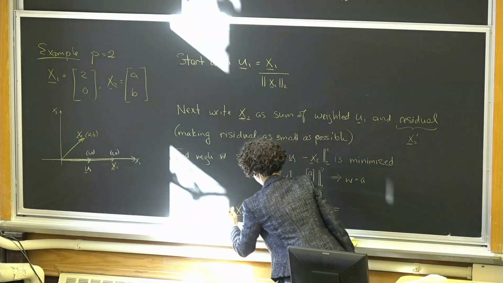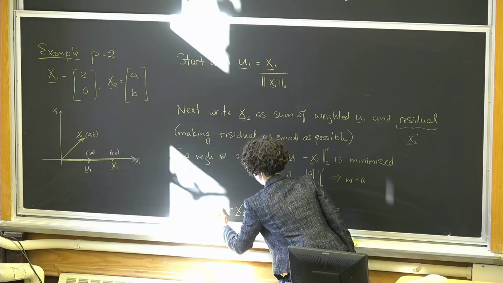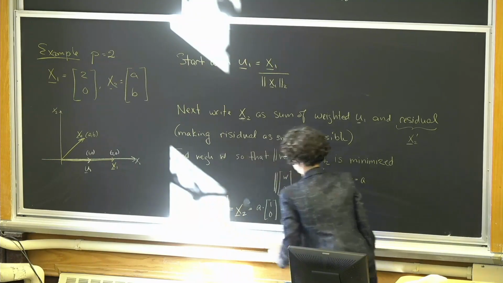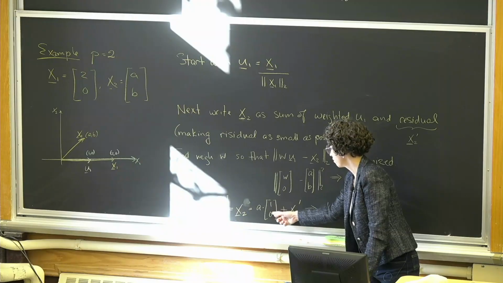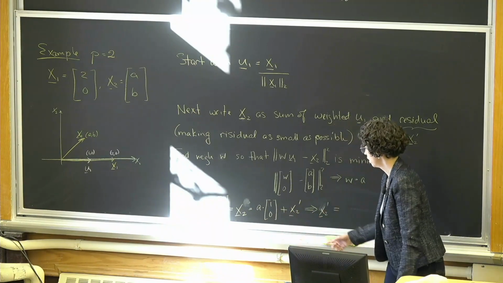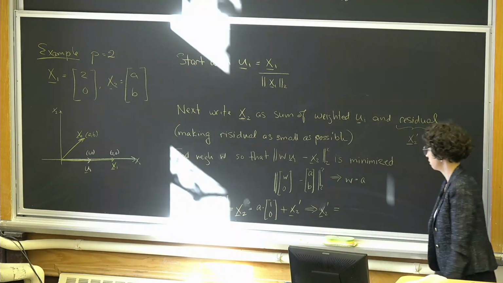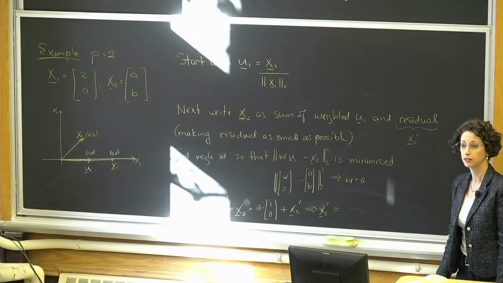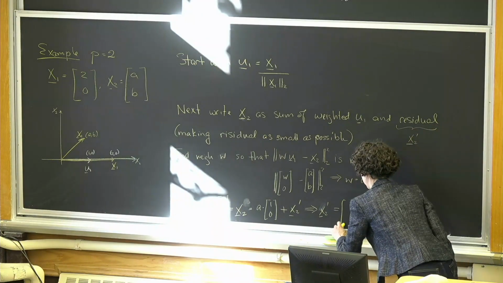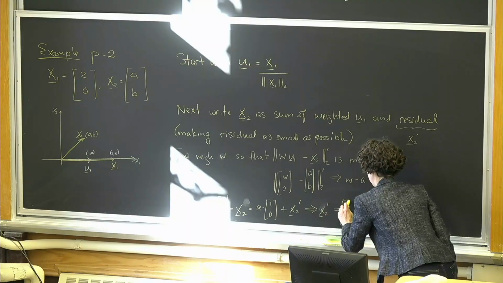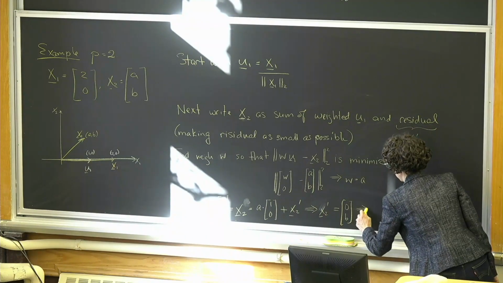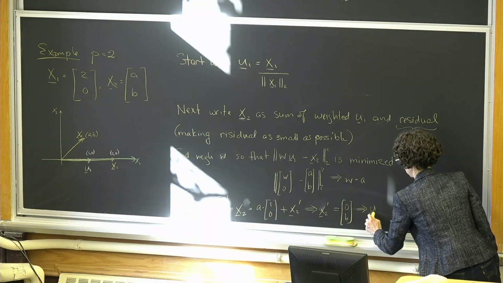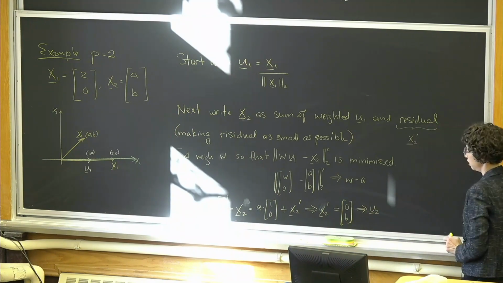Remember that X2 has entries A and B. So we're writing it as a vector with A in the first entry and 0 in the bottom entry. So what's left in the residual? X2 prime. B. So we're going to have a vector with the first entry 0 and the second entry being equal to B. And so what we will do for our next step in this Gram-Schmidt orthogonalization is have